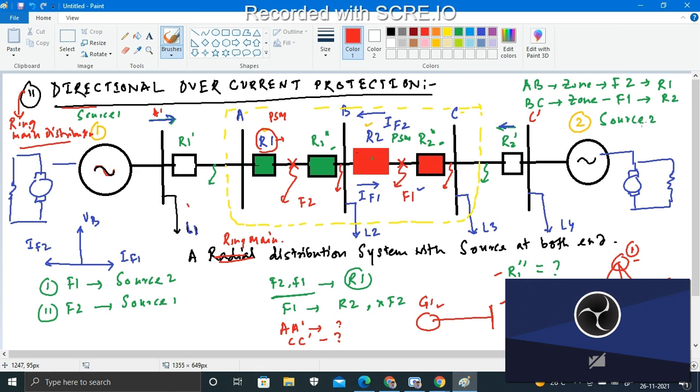That is why we have to implement another protection scheme, also called distance protection. In distance protection we connect a single source having a radial distribution system, and we calculate where the fault in the transmission line is. We will consider these things in our next classes. Is that clear?